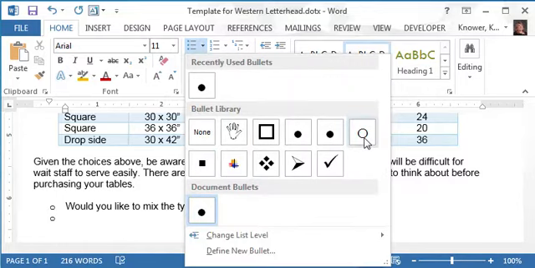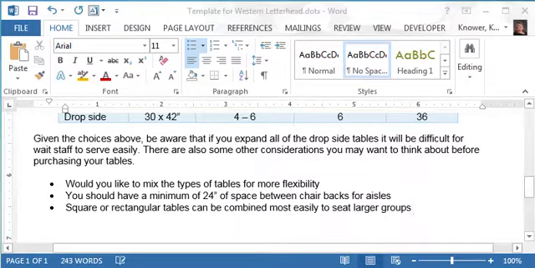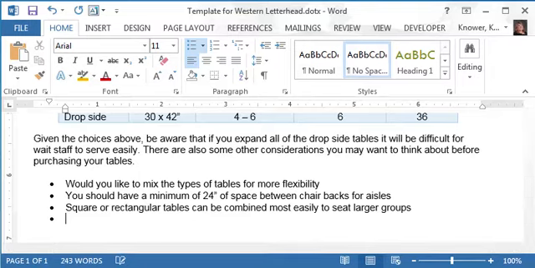So if we wanted an open circle as our bullet, we could do that. The typical is just your black circle. So I'm going to go finish my bulleted list and then show you the end of the letter. I'm at the end of my bulleted list, and when I press enter, I don't have another item, but I get another bullet. Now, as I showed you before, we can turn off the bulleted list by pressing there,